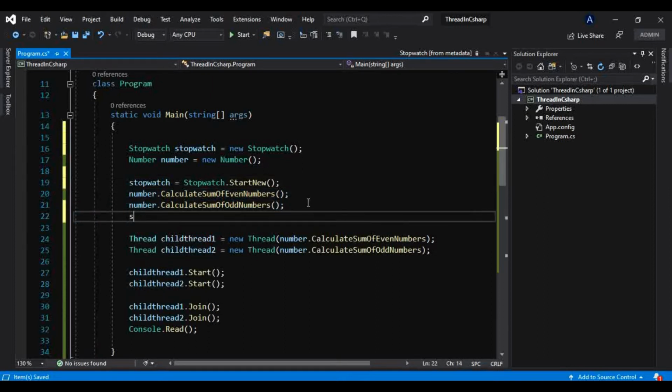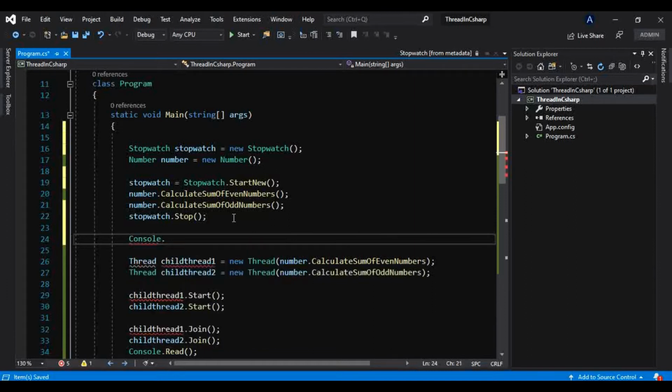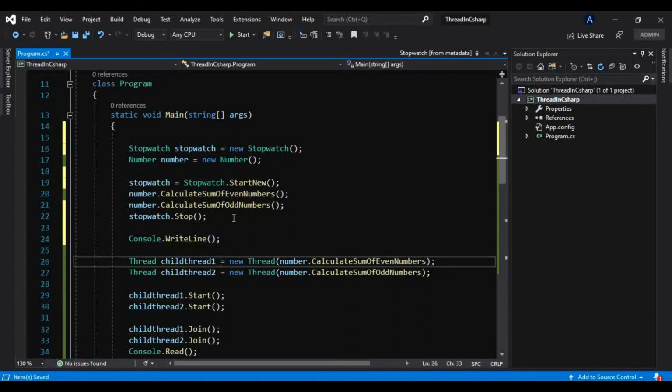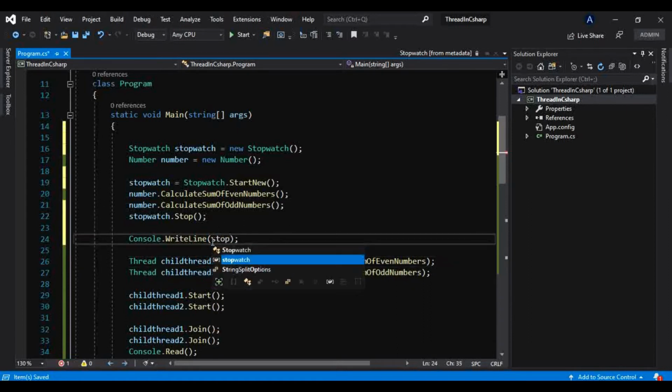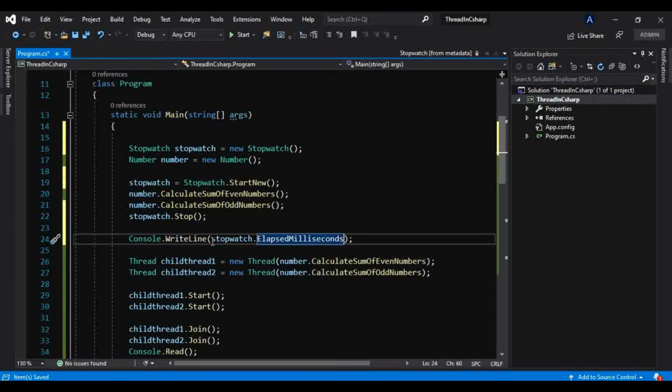Okay, and I will make the stopwatch stop here, something like this. And after that we will print the time which elapsed during this execution. How can we do that? There is a property inside the Stopwatch itself, that is ElapsedMilliseconds.